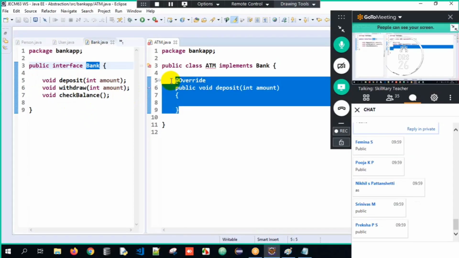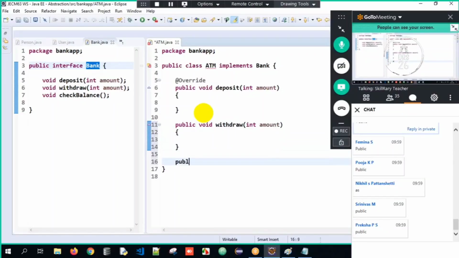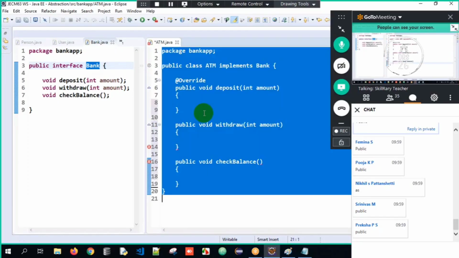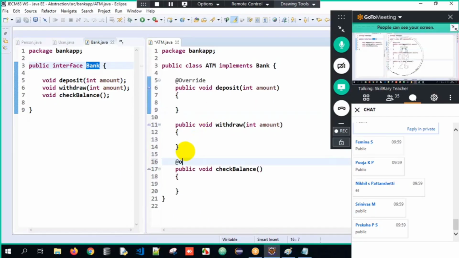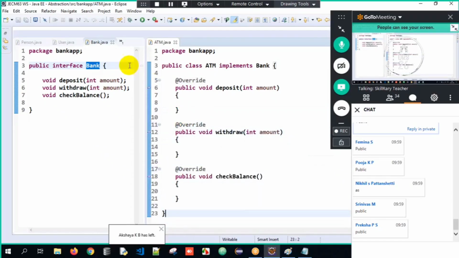See, the error has gone. Okay, the error has vanished. But still it's giving an error because we have to implement two more methods. Okay, public is the access specifier, void is the return type, withdraw is the method name, and the amount to be withdrawn over here. See, this is valid. Again, public is the access specifier, void is the return type, check balance is the method name. Okay, and I have provided the implementation. Got it. See, the error has gone. But these are all overridden methods. So I'll write it as annotation override. These are all overridden methods. Got it here. This is all about the entire process here.